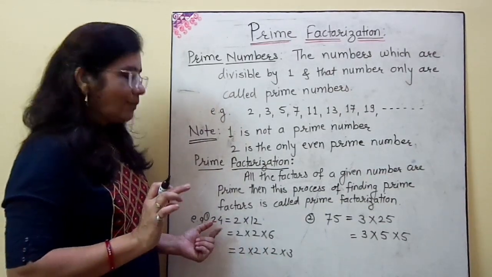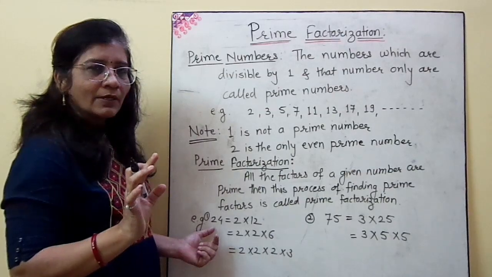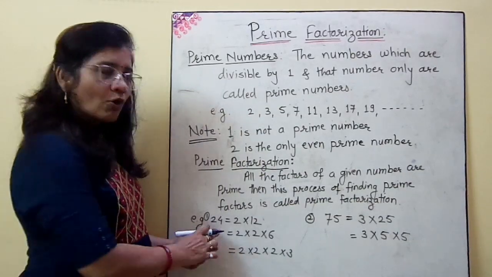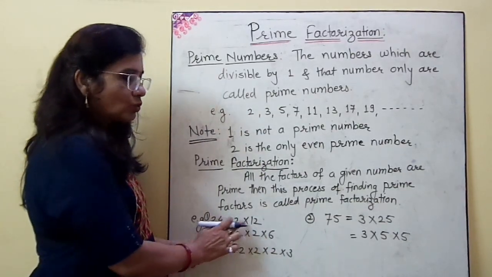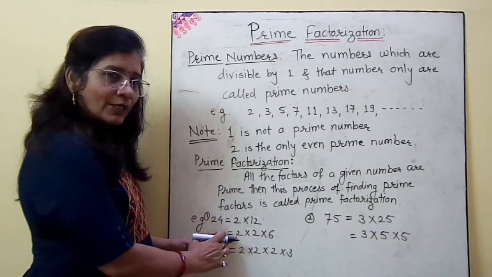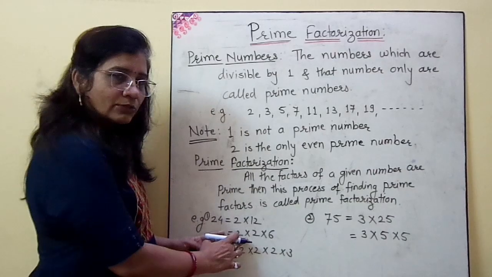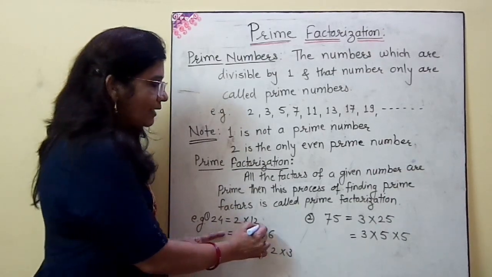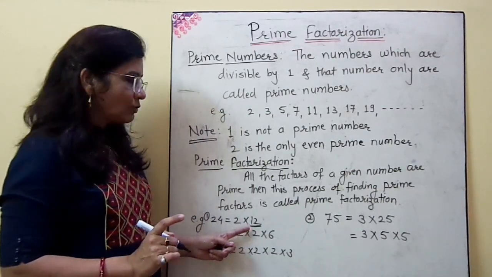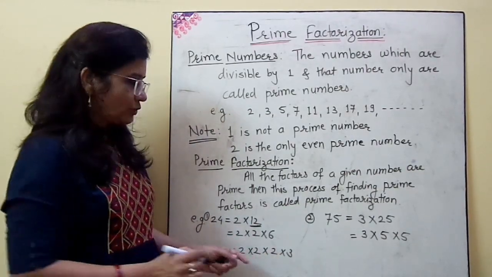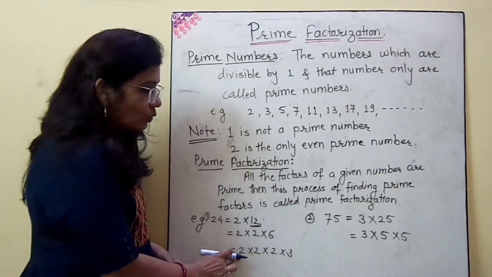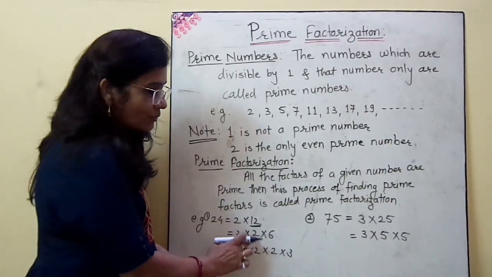Now we will start from 2. 2 is the least prime number, so we will start from 2. Whether it is divisible by 2 or not? Yes, it is divisible by 2. So 2 into 12 is 24. Now I write 2 here, below the multiplication. Then I will find the factors of 12 again. Is it divisible by 2? Yes. So 2 into 6 is 12. So I write here, instead of 12, 2 into 6. Now 2 as written, 2 again, 2 multiplied by 2 is written here.